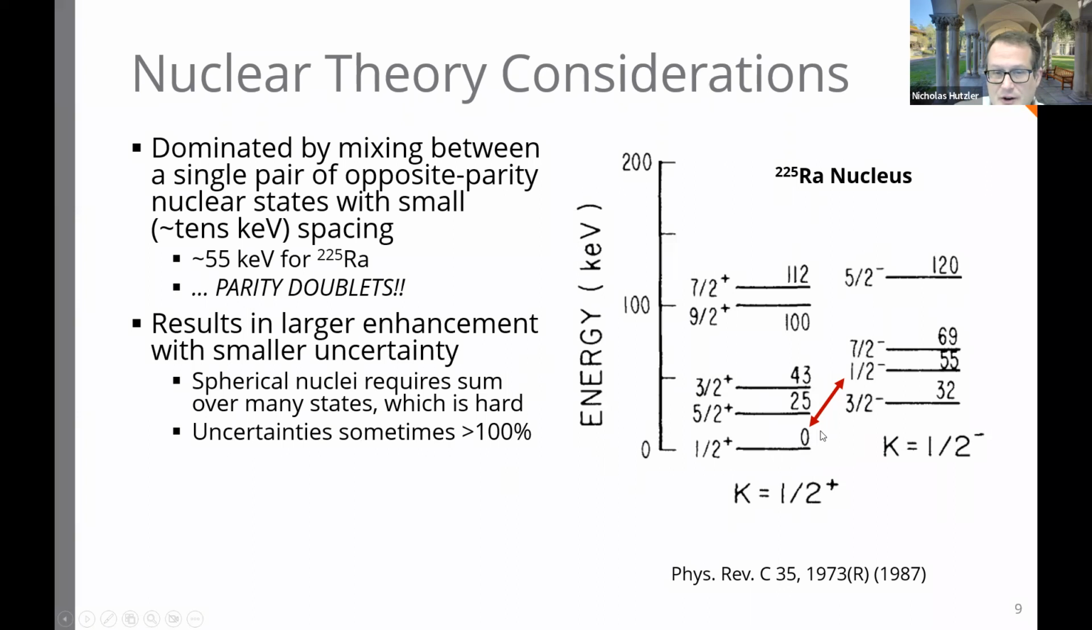And so this gives you not only a larger enhancement, but a smaller uncertainty, because the theory is much, much easier in the sense that you only have to contribute this one term. You don't have to sum over a whole bunch of excited nuclear states. You really just have to sum over one. And this is important because the uncertainties for spherical nuclei on nuclear shift moments can sometimes exceed 100%, meaning